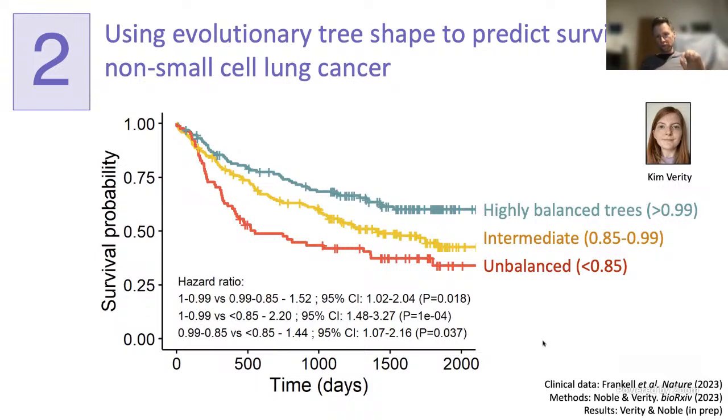What Kim found is that it is highly statistically significant if you do that, which is less easy to illustrate on a plot like this, but it does hold up. So the cutoffs don't matter too much. Kim tried various cutoffs and you get similar results. It's not that we really cherry-picked the cutoffs.